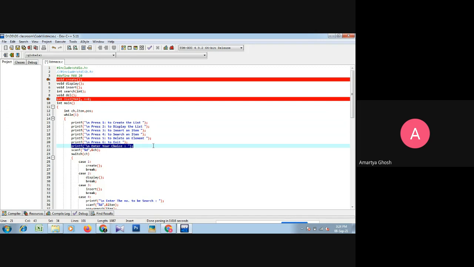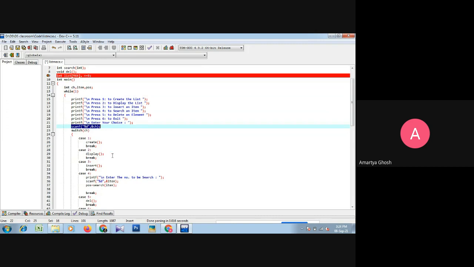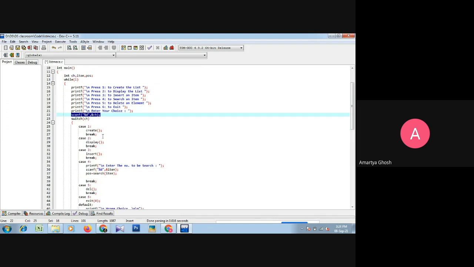That value will be stored into the ch variable by the scanf function. Now we send this ch, the choice of the user, into the switch. We know that under switch there are a lot of cases, but at a time only a single case will be executed. So according to the user, only a single case will be executed if the user gives a value within 1 to 6.